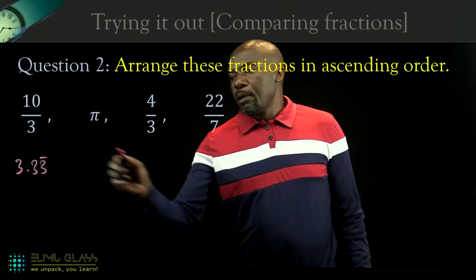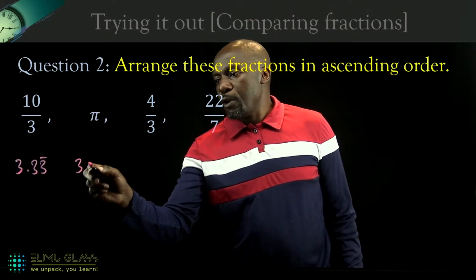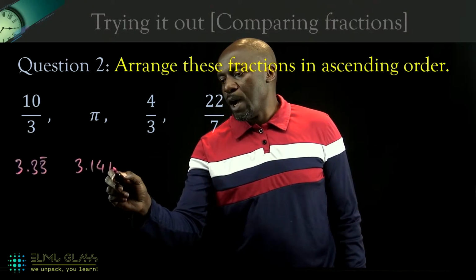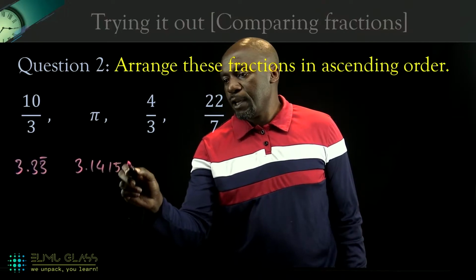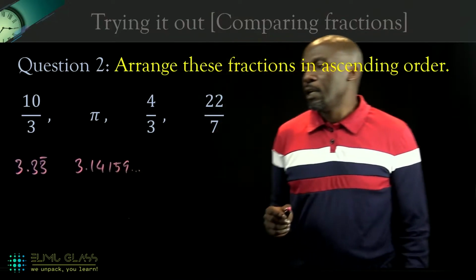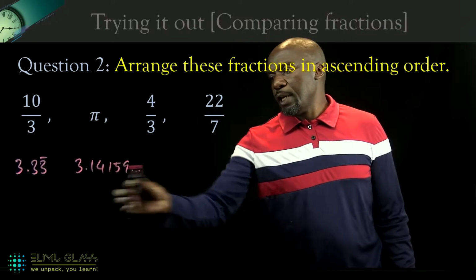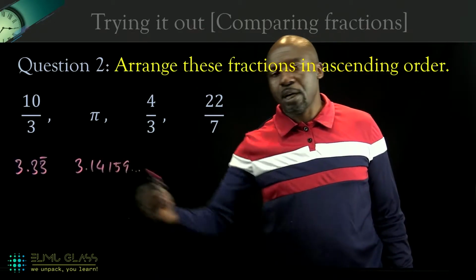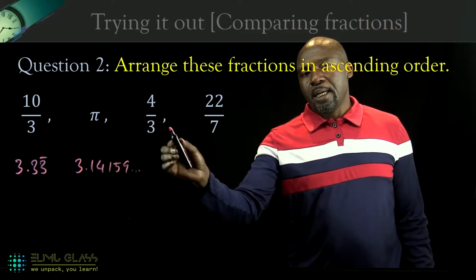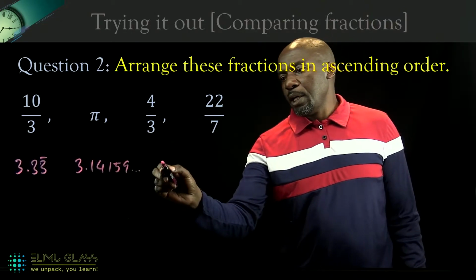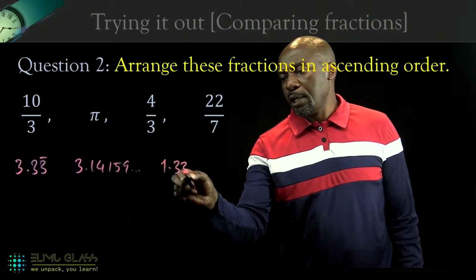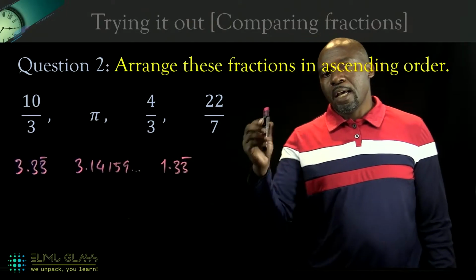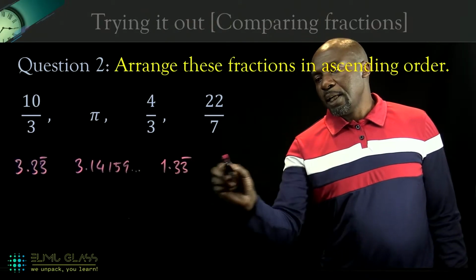Pi is 3.14159 and so on. All right, so this is to the fifth decimal place, just so that we are sure we can compare with that. And 4/3 is 1.33 recurring, and 22/7 is